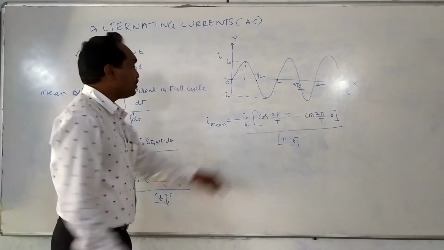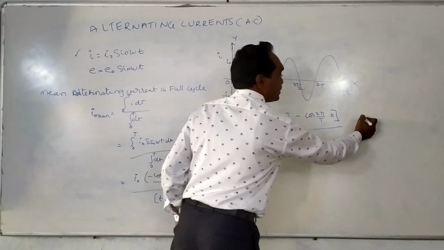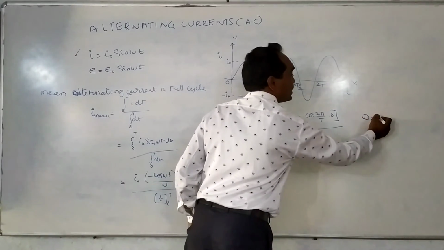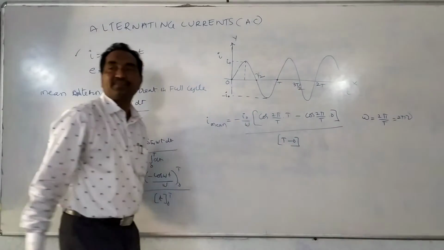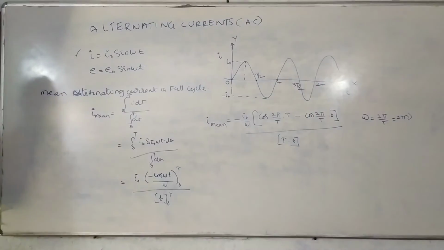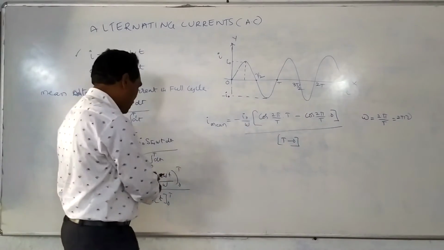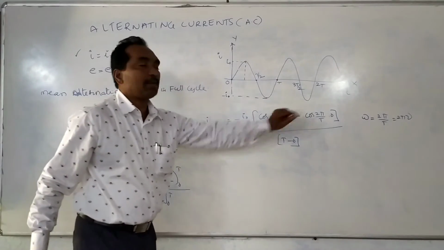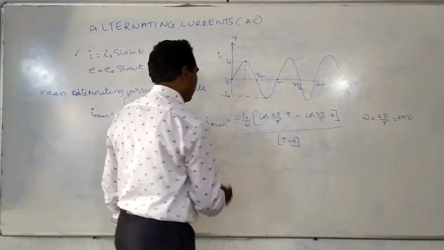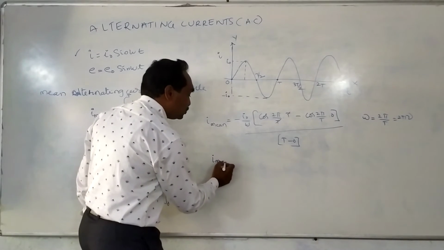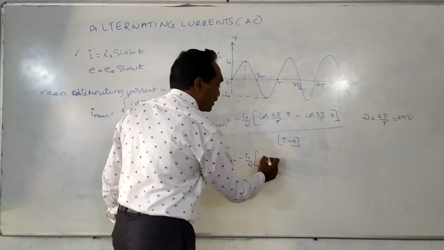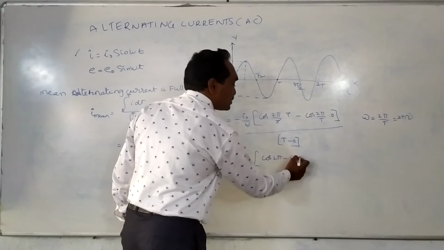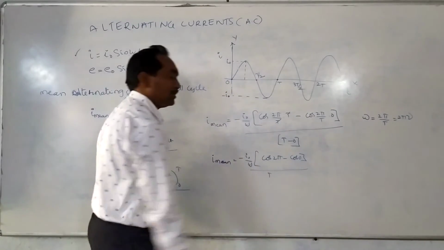Why is it 2 pi by T? We know from previous discussion that angular frequency omega is equal to 2 pi by T, or maybe 2 pi nu, where nu is the frequency and nu is equal to 1 by T. That is, omega is equal to 2 pi by T. So omega is replaced by 2 pi by capital T, where the T's cancel each other. That is, I mean is equal to minus I naught by omega into cos 2 pi minus cos 0, by capital T.